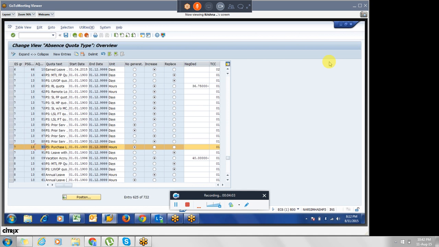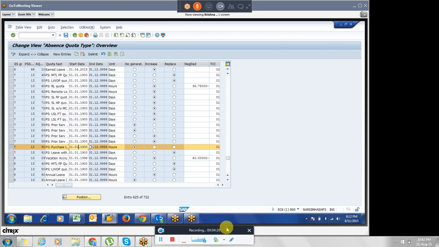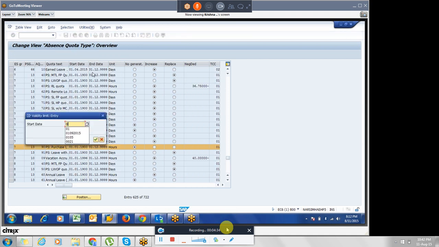If you go for this record, this particular quota will generate through PA30 or through RPTQTA. Now you want to make this automated, in the sense through time evaluation. What you have to do is copy this, or delimit this from your go-live date, let us say 01.08.